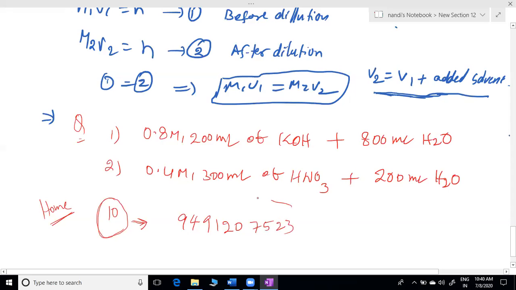Whenever you are sending, send with your batch name and school name, sir. Otherwise I can't identify, even if batch one is also there. Then I'm going to give a report properly to Murli sir: how many people are doing homework, how many people are not doing. So please do it properly and send.